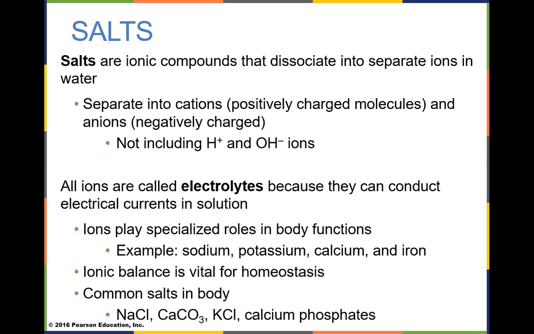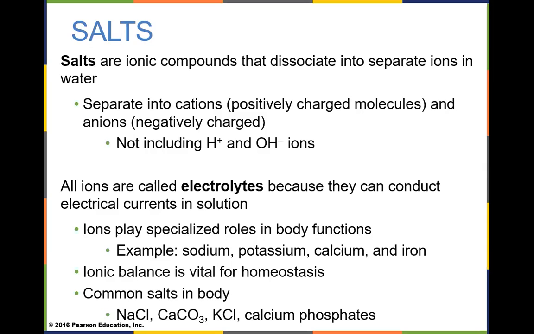We have a charge on the surface of our cells. Muscle cells have a resting charge of about minus 90 millivolts. Nerve cells have a resting charge of about minus 70 millivolts, and all the other cells in our bodies are similarly charged due to the presence of sodium on the outside of the cell and potassium on the inside of the cell, or calcium on the outside of the cell and potassium on the inside.